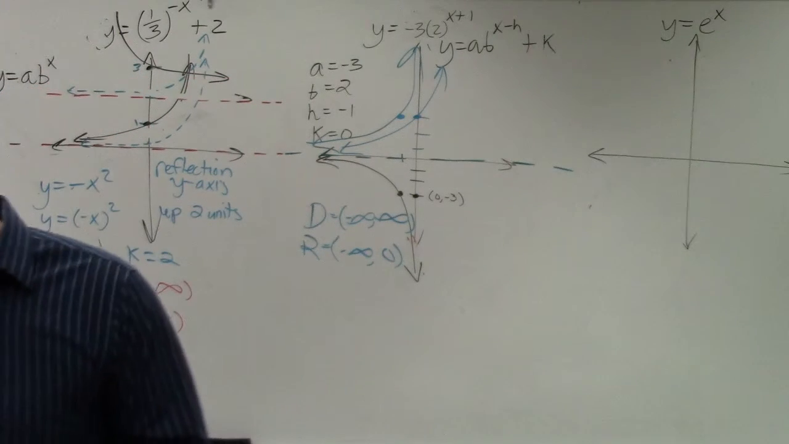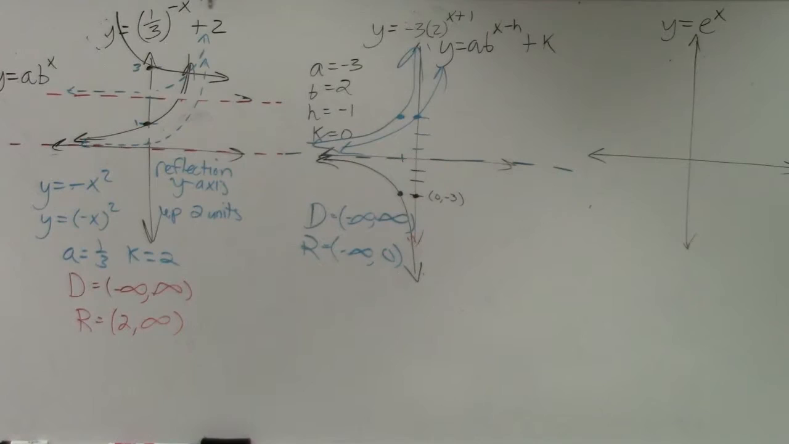Mr. McLogan. Yep. So the asymptote is whatever's left when the function is equal